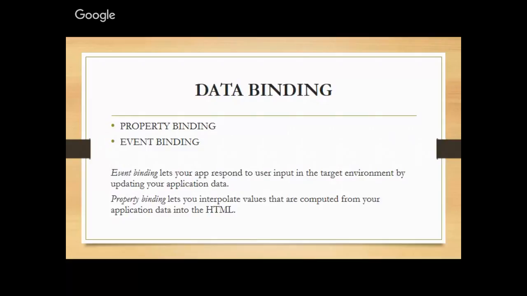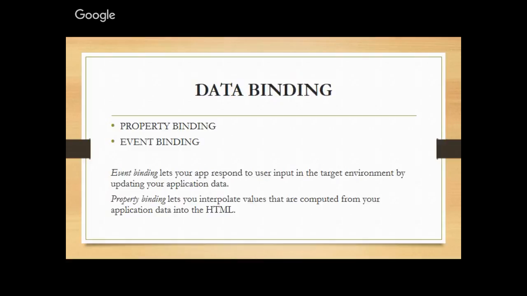There are two types of data binding in Angular: property binding and event binding. Property binding assigns the property of a component to the UI. For example, if you have a variable in a component that says x equals yellow, and you have an H1 element in your markup that uses that value, your page will show yellow. If the value changes to something like red, the text on the page changes to red immediately.